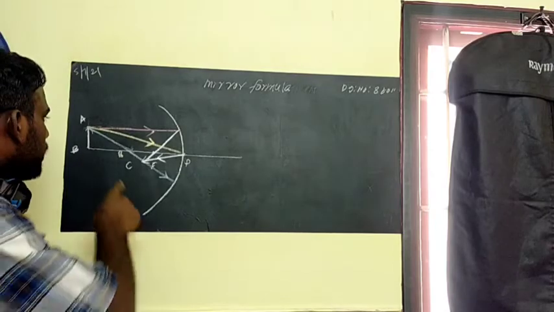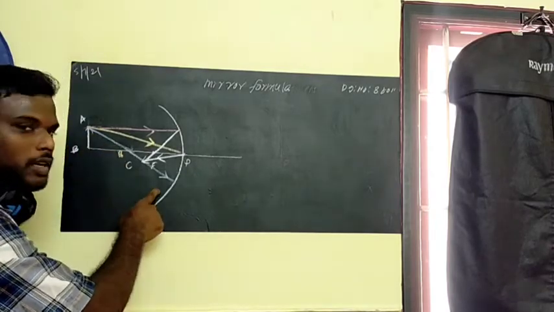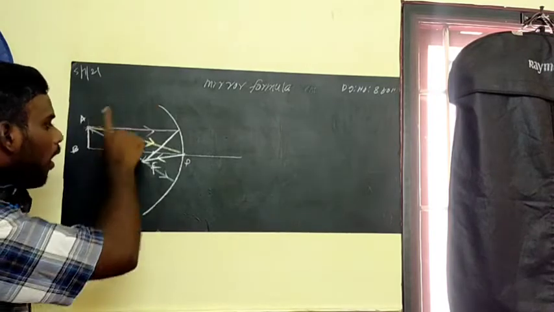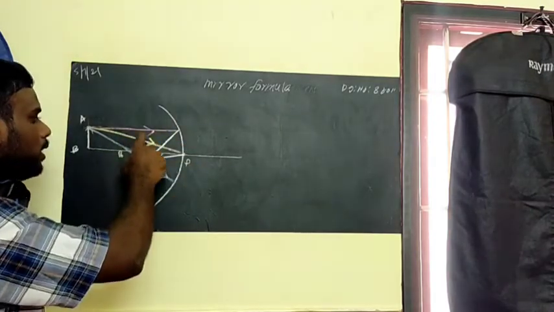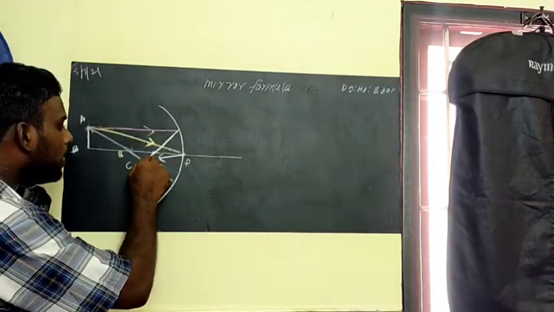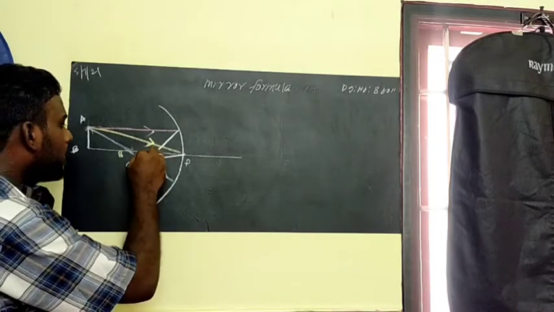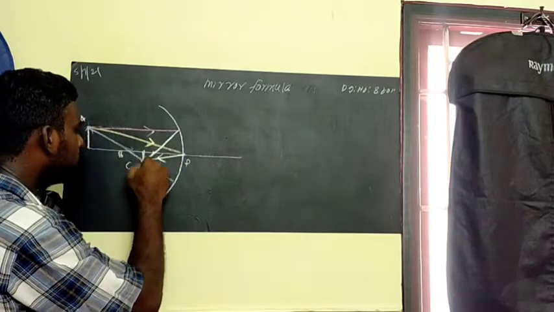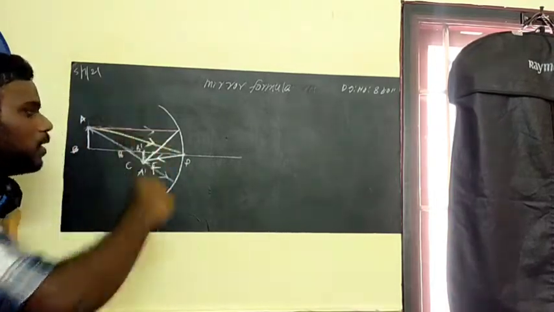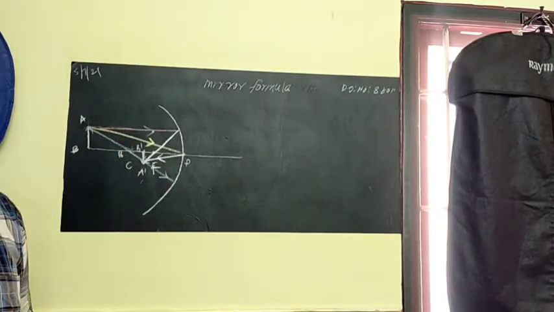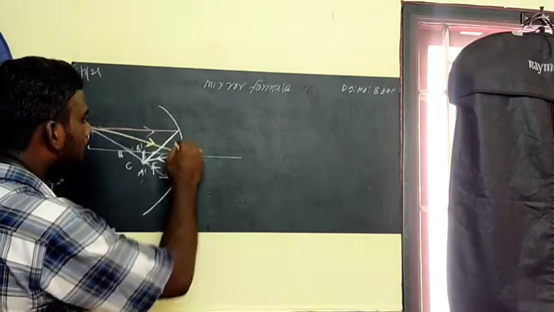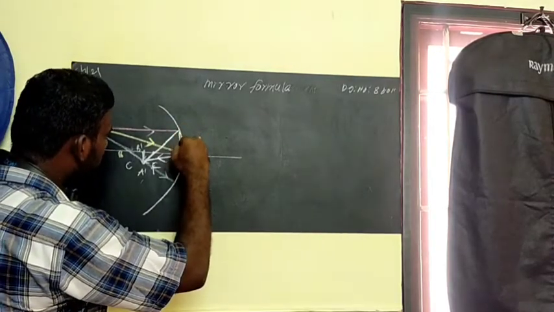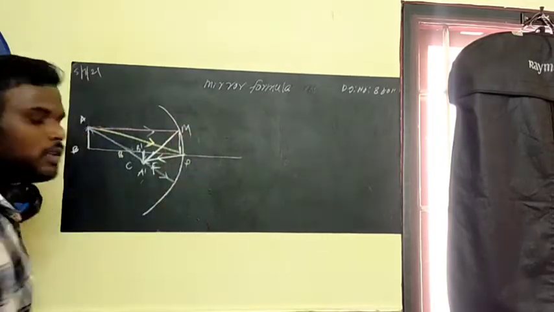And we studied that when the light ray passes through the center of curvature, it is reflected in the same path. We can see that all the light rays, whether you are taking ray 1, ray 2, ray 3, are meeting at this point. So I can take this point as the image point, that is A dash and B dash. It forms an inverted image. Is that clear? And you can assume this will be a straight line. I can take M. Is that clear?